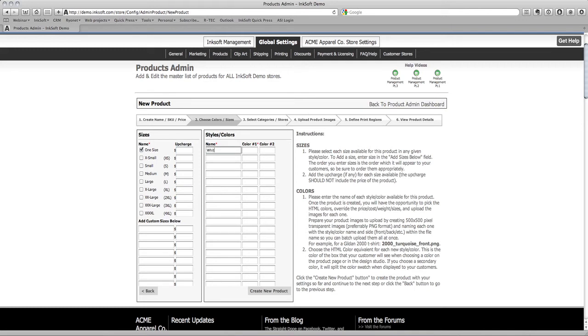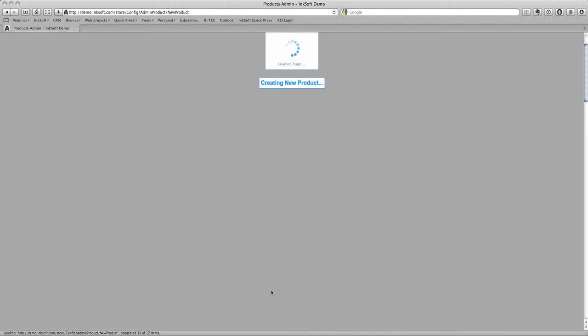All right, so we'll go ahead and put in what style and color this is. So this is a white water bottle, and I'm going to go ahead and choose a color to represent the product. Now if your product has more than 2 colors, you could choose a secondary color as well. So let's say it's a white t-shirt with red sleeves. I could make that designation here. Great, I'm going to go ahead and create a new product, which is going to bring us to the third